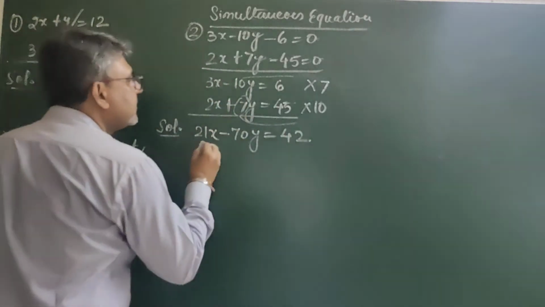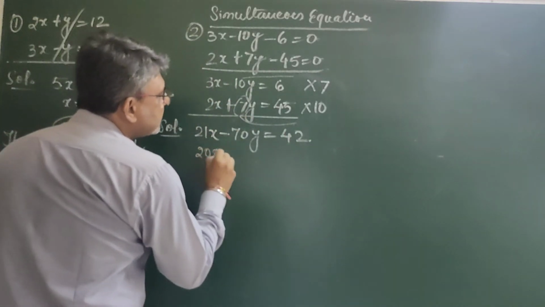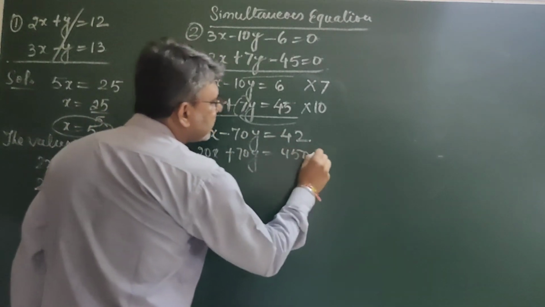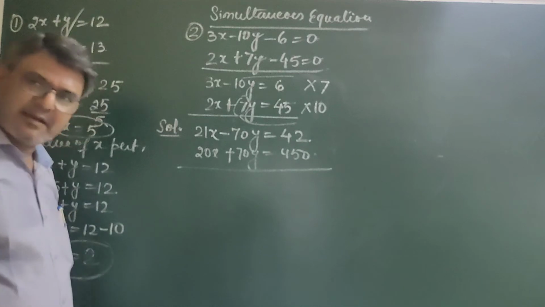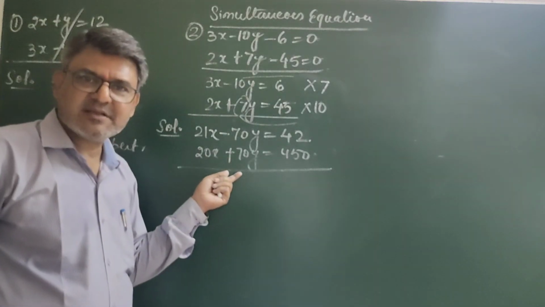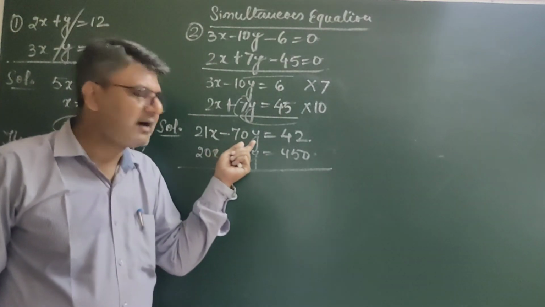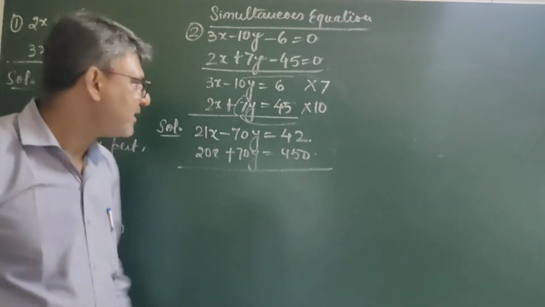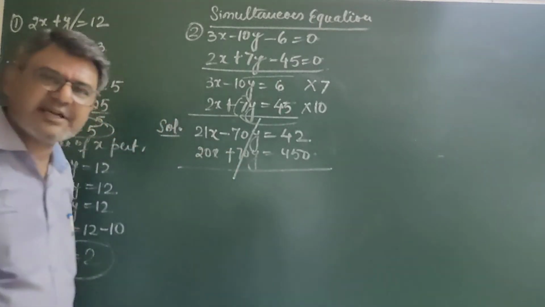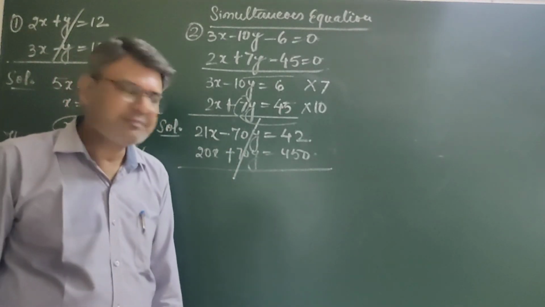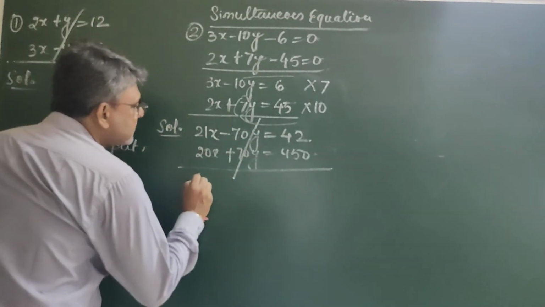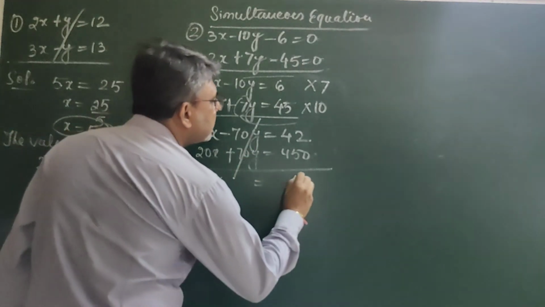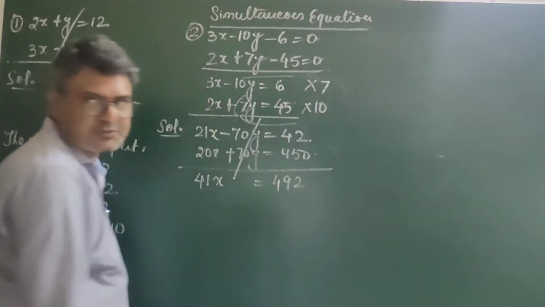7 6 जा 42, 20x प्लस 70y are equals to 490. Now in this equation the coefficient of y in equation 1 and 2 both are equal. Okay, अब ये easily eliminate हो जाएगा, that means cancel हो जाएगा। Okay, sum of this 41x, this one 490।